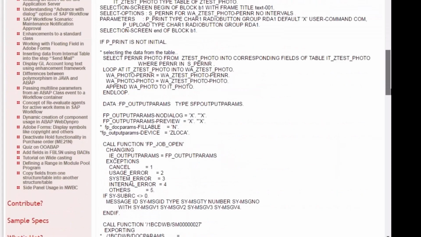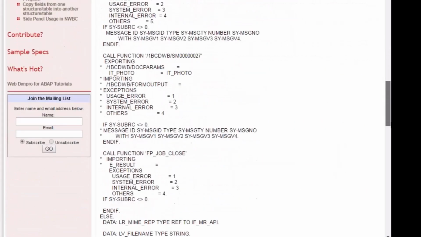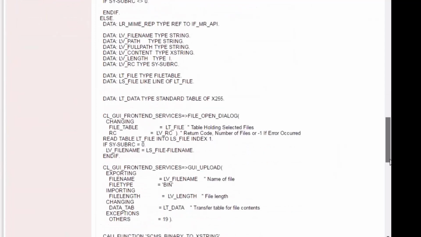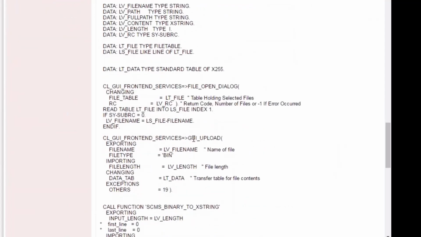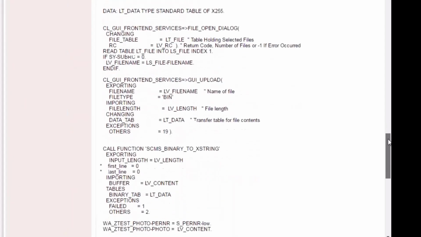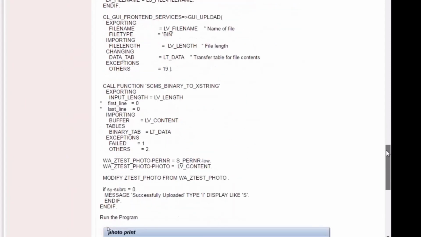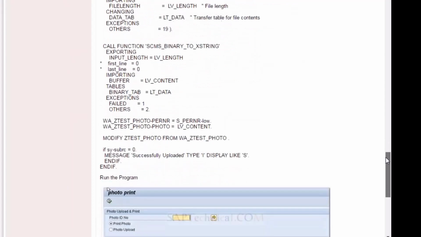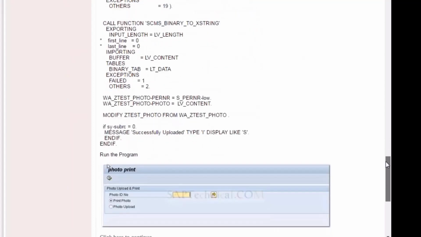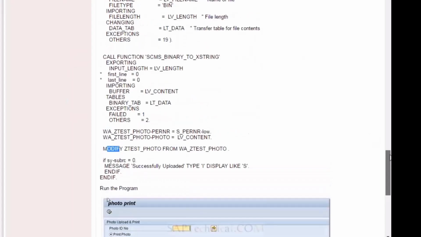No. Why, insert also should work, na? Let me check this. File open dialog. They are using modify. Very easy. I'm using insert.